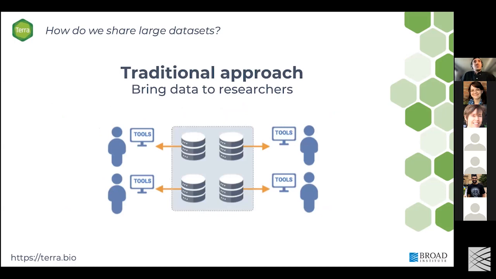So the traditional approach in which we would share large data sets is bringing data to the researchers. There would be a governing body that manages access to that data. And then data is either, how does a researcher,